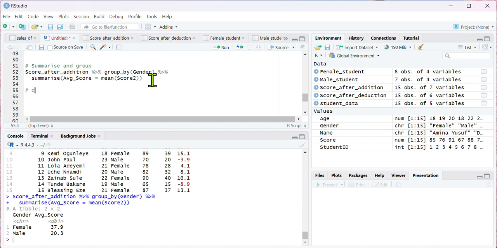Check highest mark by gender. So I use the score data set, the student underscore pipe function,